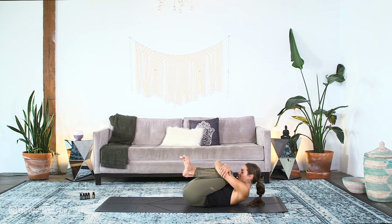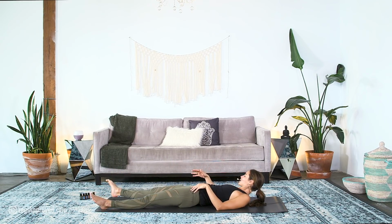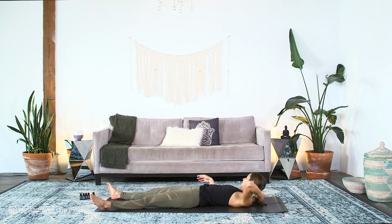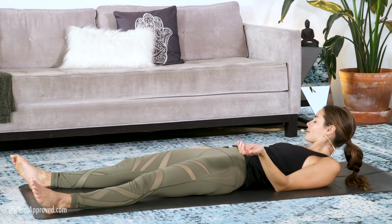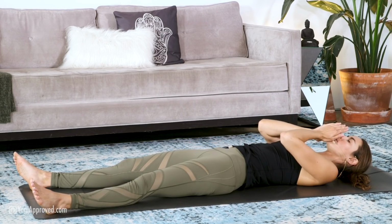And then as you exhale, start to slowly release your legs as wide as your mat and your hands by your side. Now is where you can go ahead and reach for your lavender oil, which is really wonderful for calming and for stress. And go ahead and take one little drop into your hands. And if you have lavender, great. If not, you can just go right into your shavasana. That's perfect too. You can just take a couple deep breaths, smelling the aroma,